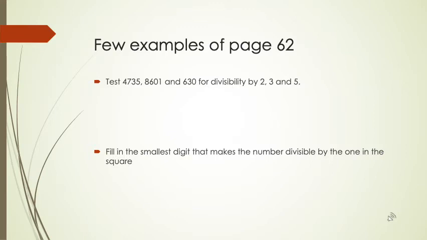So let's see A part. The smallest digit that will make an even number divisible by 2 is 0. If we write the smallest number 0 here, the number becomes 90, and since it is an even number, therefore it is divisible by 2. B is